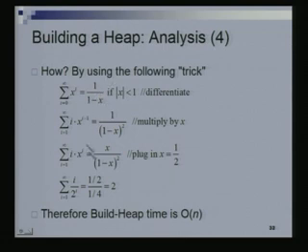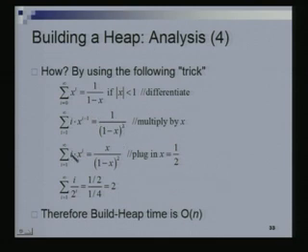So, I have to argue that the summation of i over 2 to the i is 2, and this is a simple argument for that. Recall that the summation of x to the i going from 0 through infinity is 1 over 1 minus x if x is less than 1. Now if I differentiate this, I get i times x to the i minus 1, i going from 1 through infinity. I have dropped the i equals 0 term because it contributes 0. The derivative of the right hand side is just 1 over 1 minus x squared.